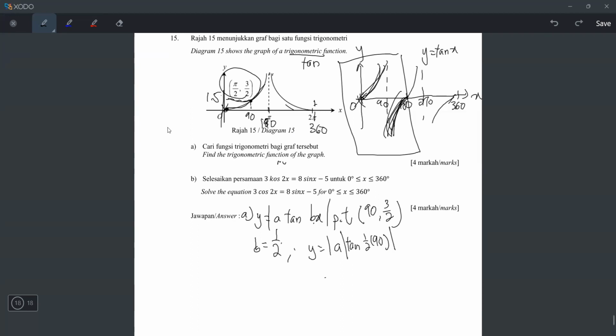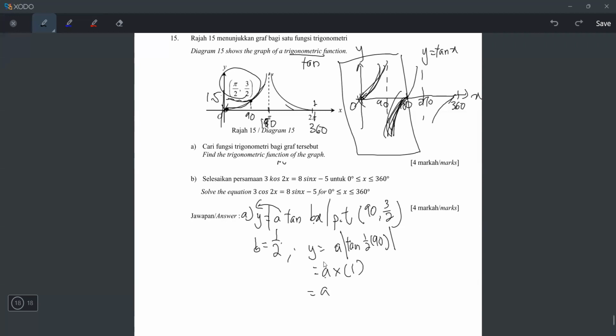But the modulus you can put it here also, right? Just now I mentioned already, because it is a times relation. The A will come out, because the A can come out like this because of the times relation. So A times tangent 45, which is 1, and then modulus 1 is also 1, so it's just